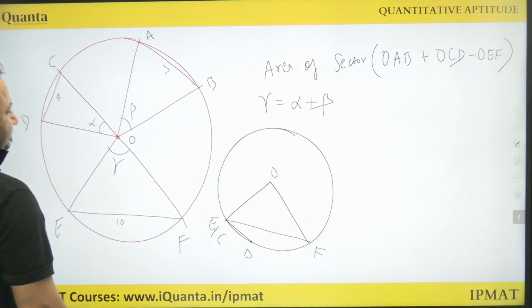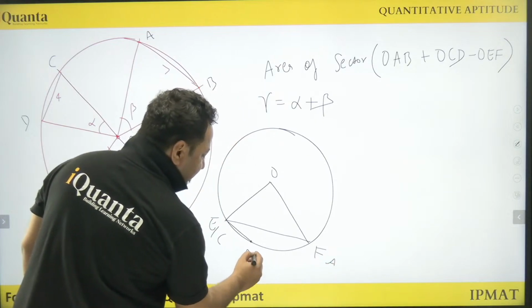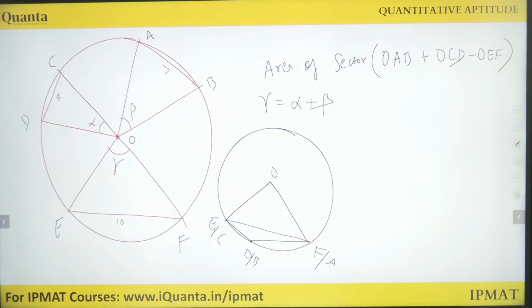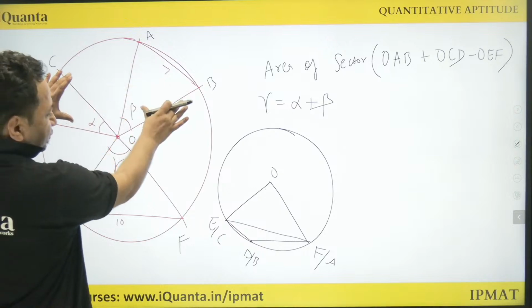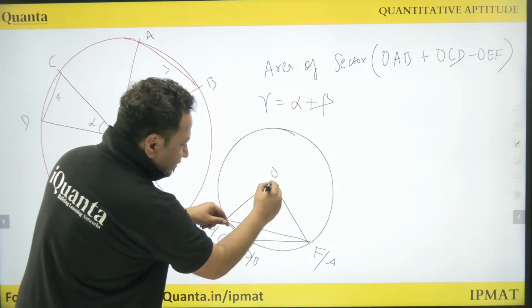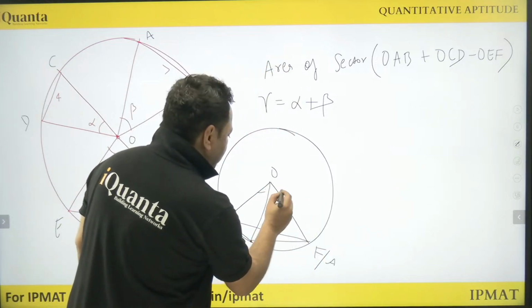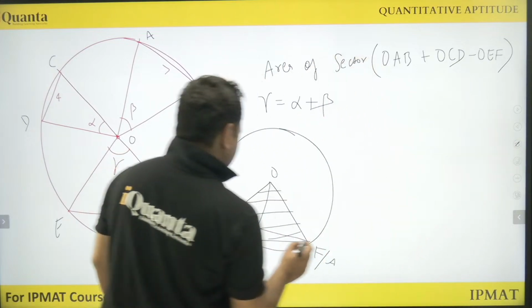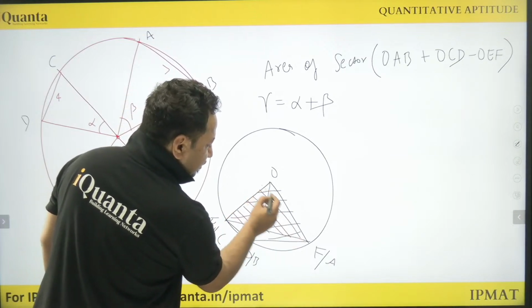Alright. Let's superimpose this. A matches here and B matches here. So this is how it looks. Cool. Now it says sum of these two minus this. So the sum of these two is actually the whole of it. And if I subtract this sector, this whole goes away. So all we are left with is